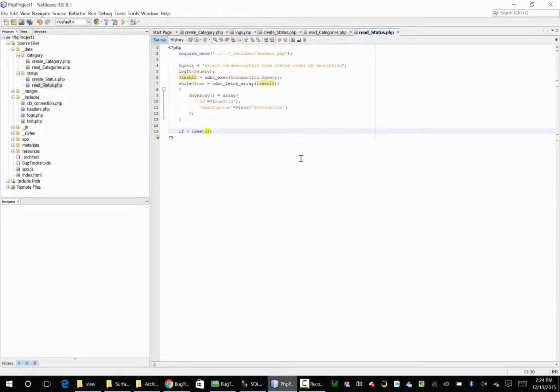If is set my array, else good word, echo true, error 0. If size of array is greater than 0,